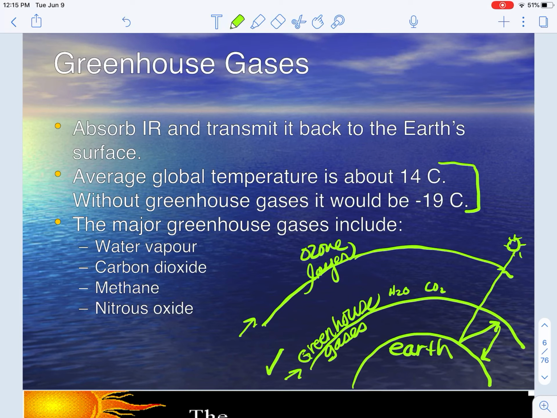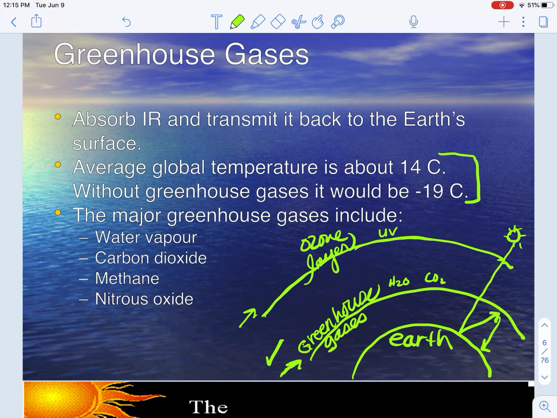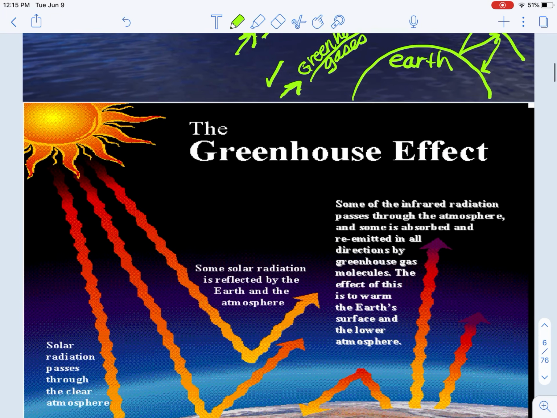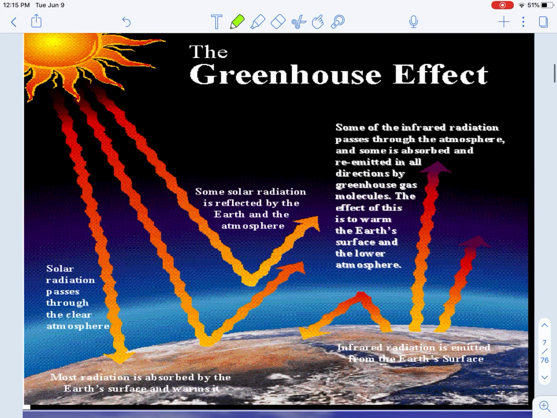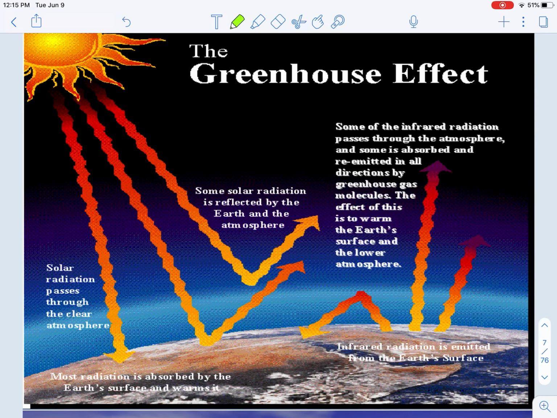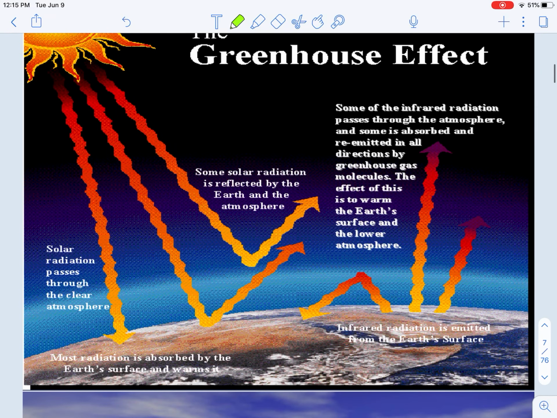What we have further out is the ozone layer, in case you just want to see relatively where that is. The ozone is protecting us from harmful UV radiation from the sun. And so that's why we're concerned about holes in the ozone that could be caused by burning plastics and aerosol gases that could destroy the ozone layer. So just telling you where those two layers are relative to each other.